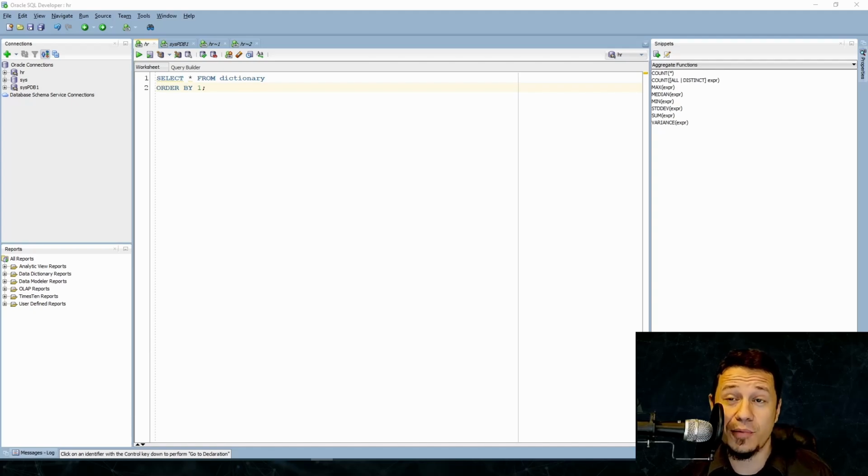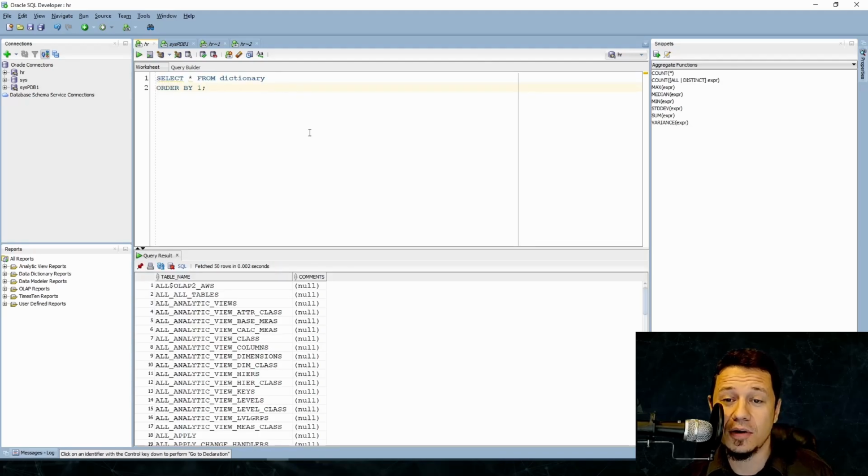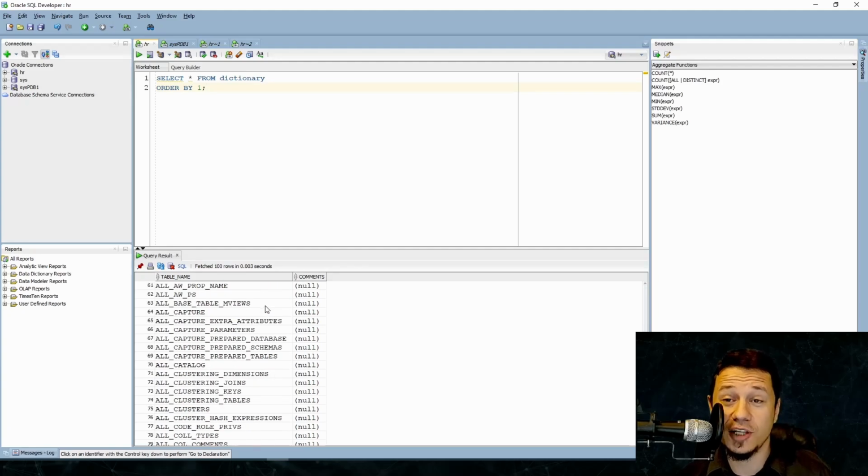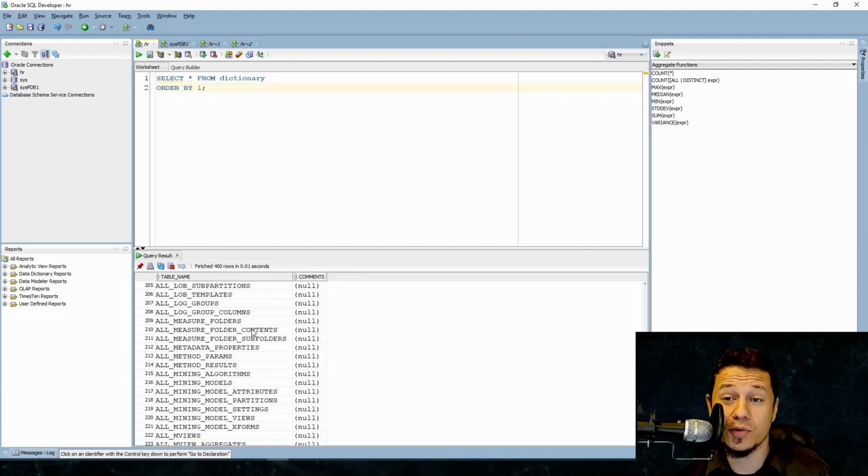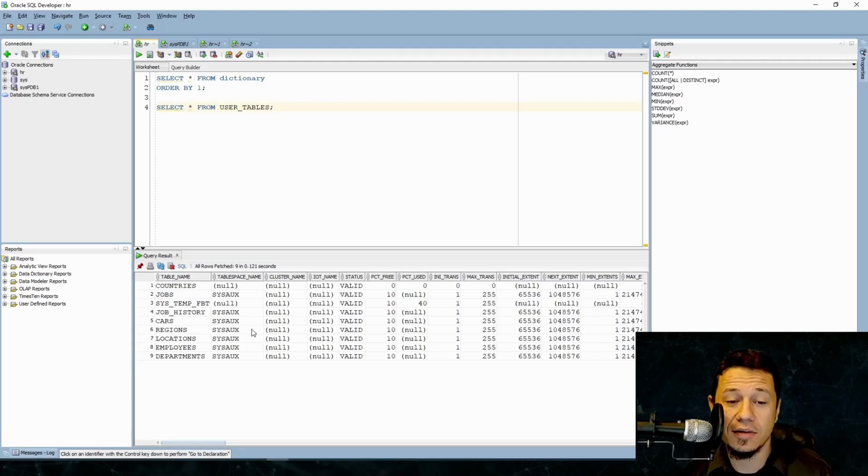And a good starting point is the dictionary view. So we have a query, select all from dictionary, and this is going to list all of the data dictionary views that we can use to check other data dictionary views, right? So for example, one of those is the user tables view, and we can check what kind of data it consists of. So if we select all from user tables, we're going to get additional information about the tables that